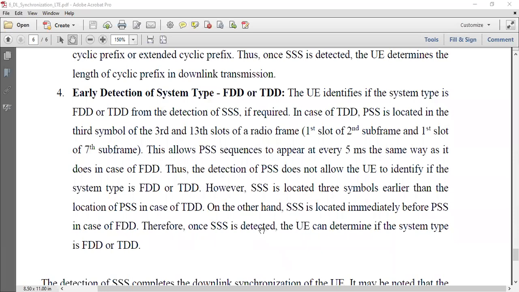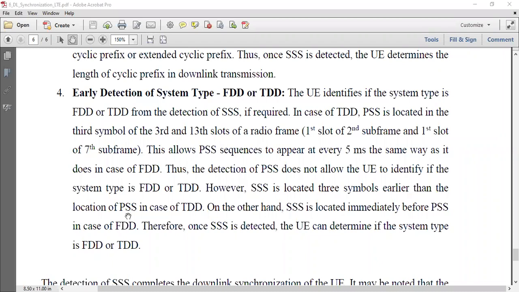after another 5 millisecond, you get again PSS, and that is true for both FDD and TDD. But thereafter, for SSS locations, you go this way to check whether it is FDD or TDD. SSS is located 3 symbols earlier than PSS in TDD. Okay. So you first check for the first SSS detection. You check both locations. The symbol right before your PSS location and the symbol 3 positions earlier than your